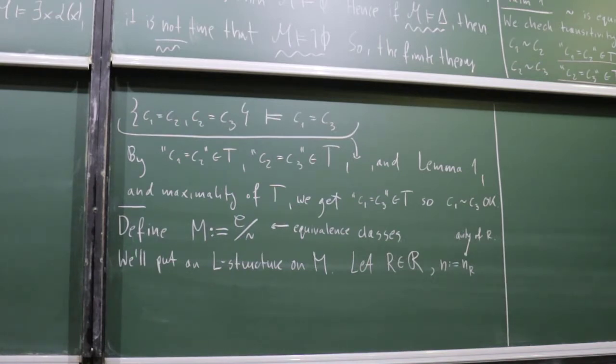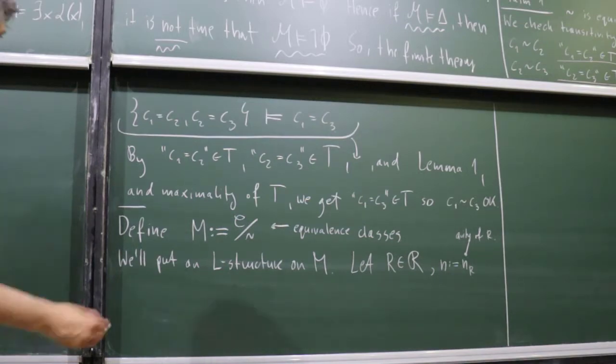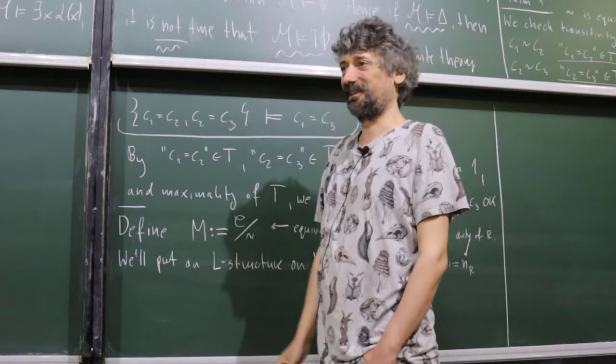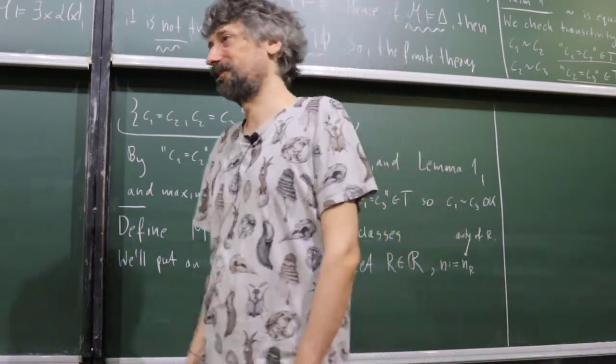There may be a theory in the language of rings saying 0 equals 1. So then maybe two different formulas define the same constant. Okay, I understand, they have to be equal. But here, this very equality must be in this maximal theory, okay? And then,